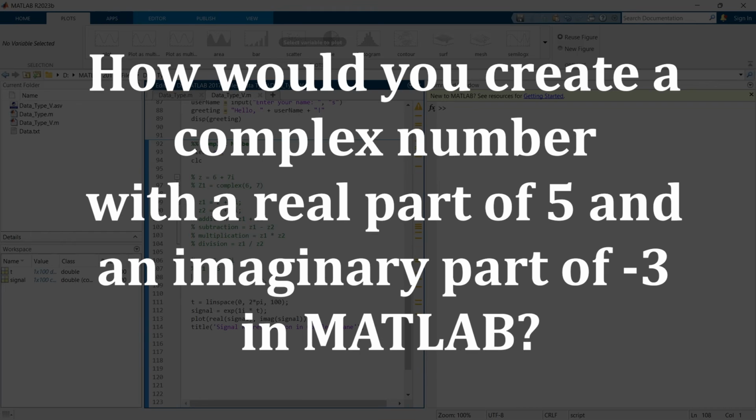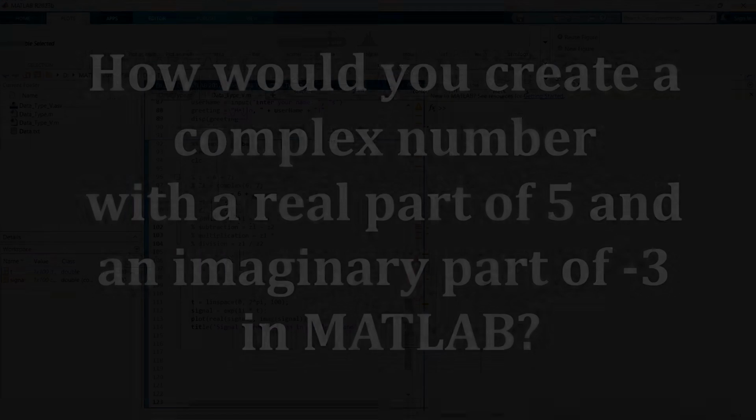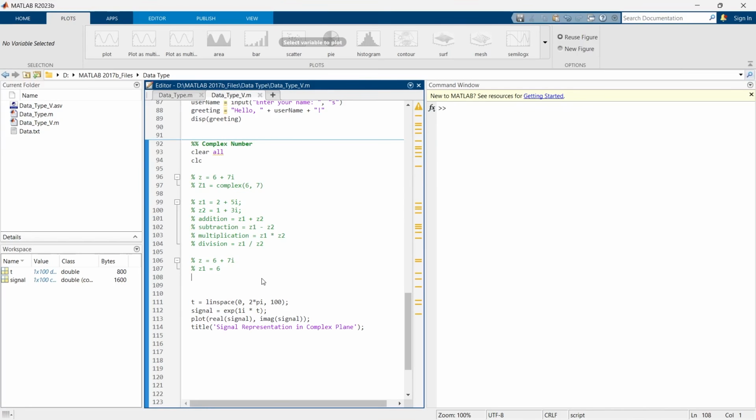Once you are done with this, let's say bye bye to complex numbers. Complex numbers are incredibly powerful for mathematical modeling and analysis, especially in areas where waveforms and oscillations are involved. So now we'll say bye bye to complex numbers and we'll meet in the next video